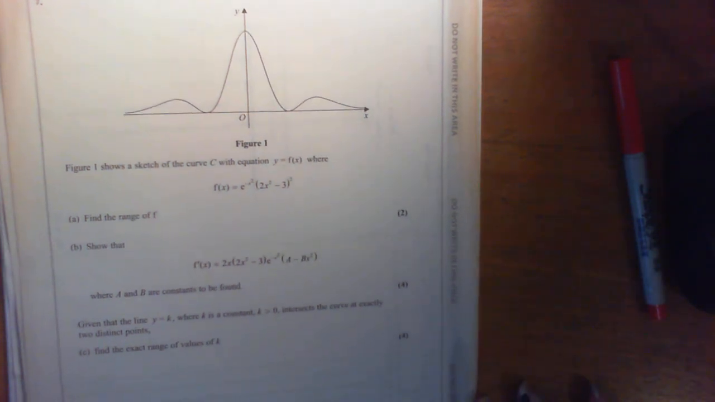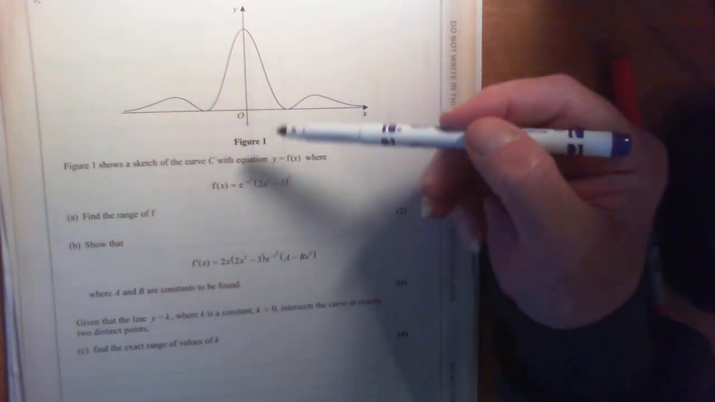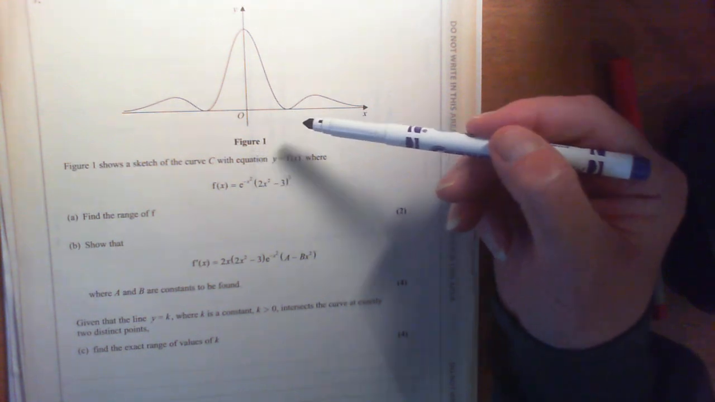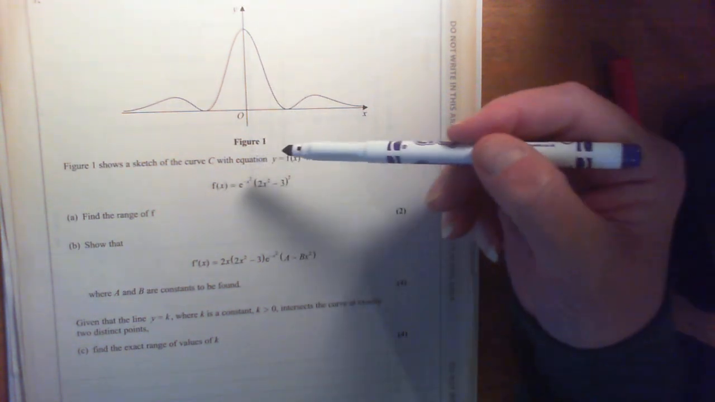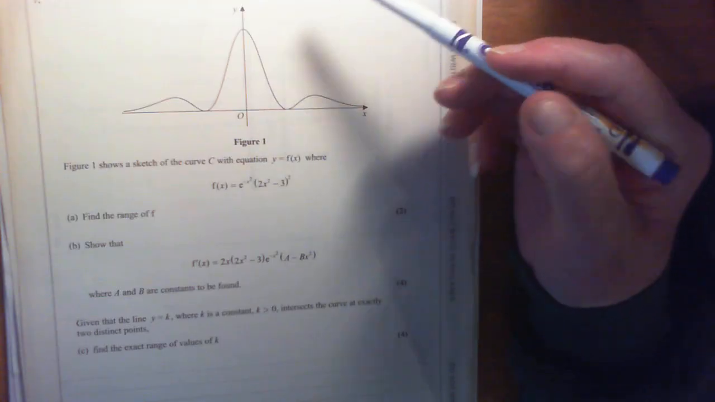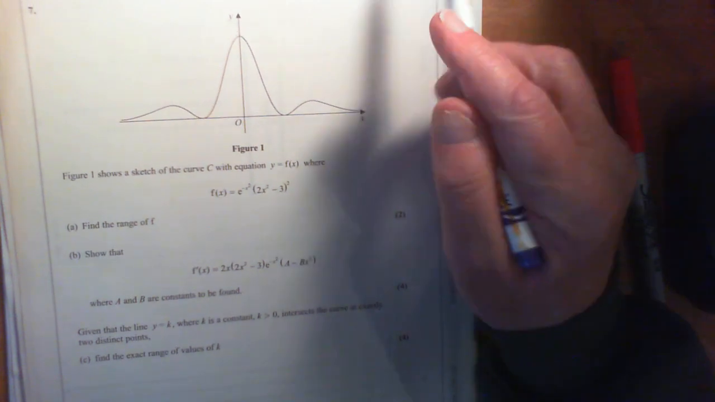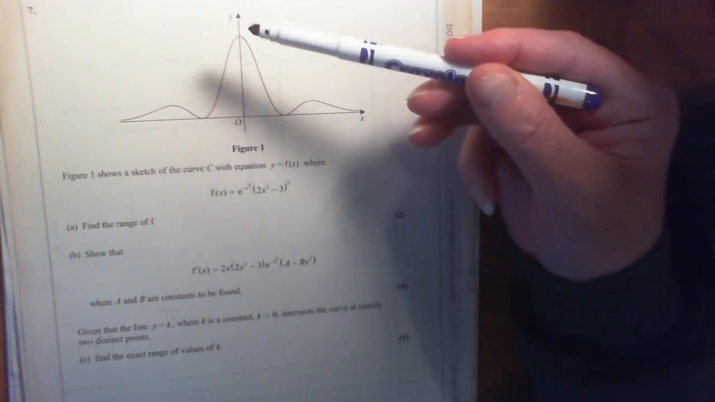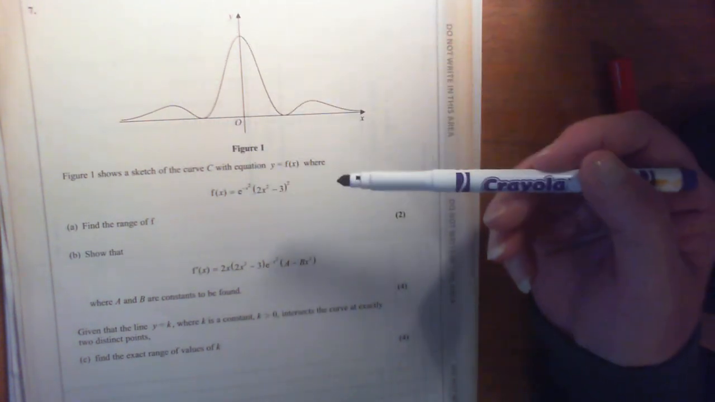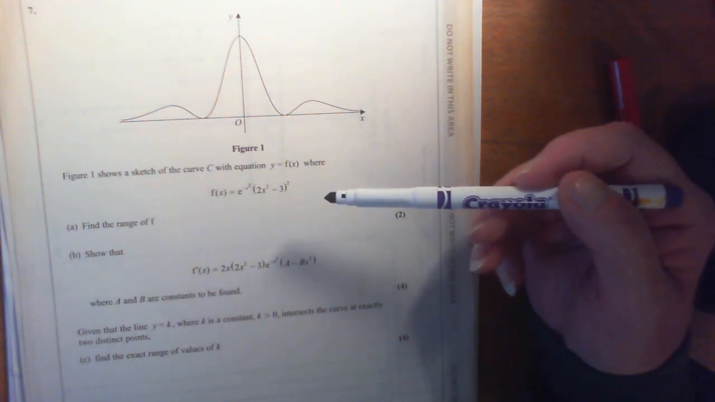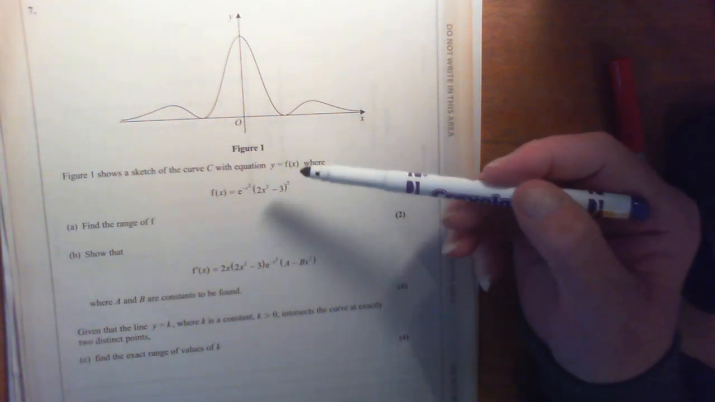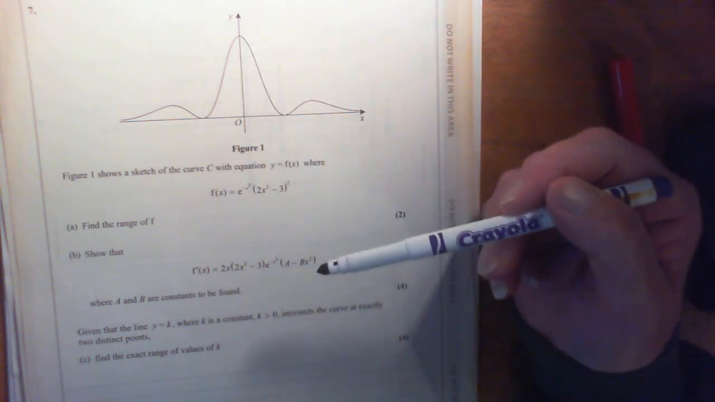Right, part A asks you to find the range. Well, the range relates to the y values. The domain relates to the x values. The range relates to the y values. It's just the range of values that y can take. So here it's just between 0 and 9. You then